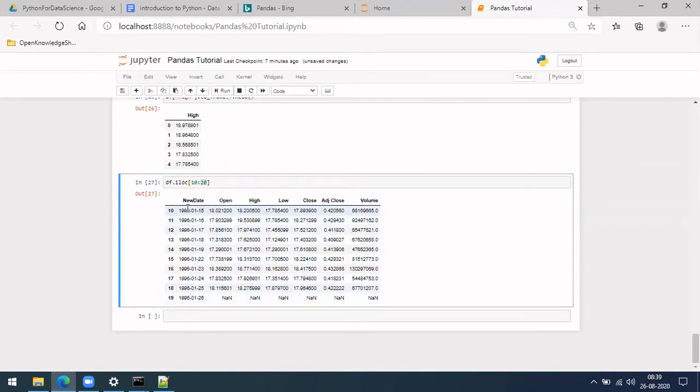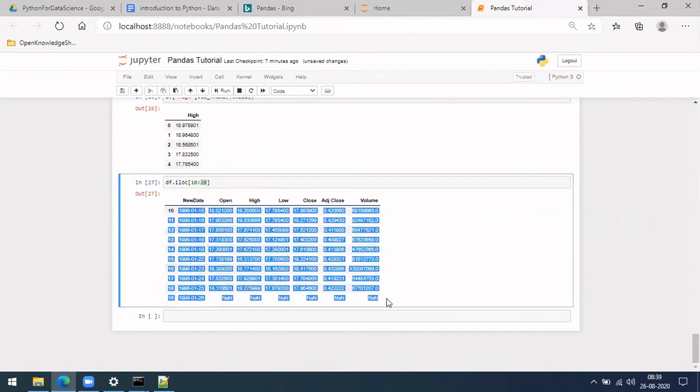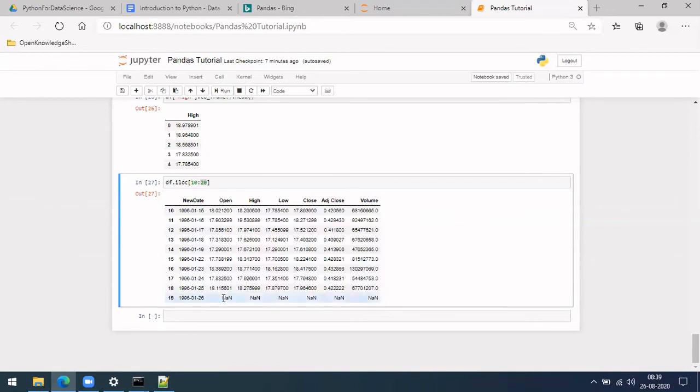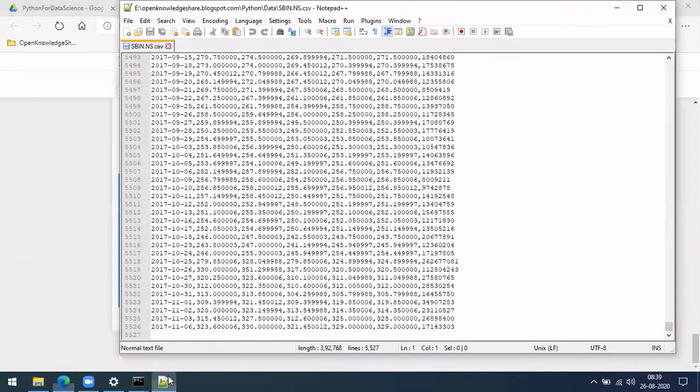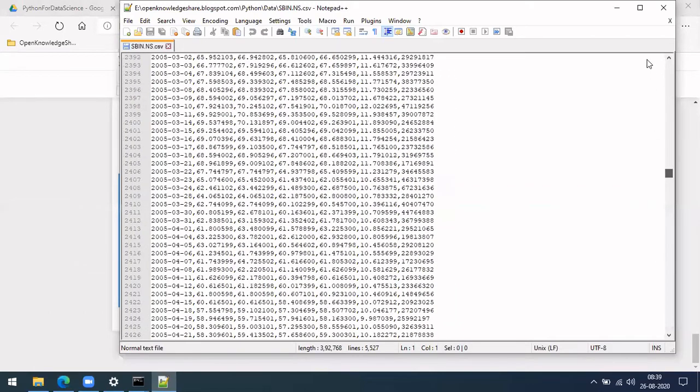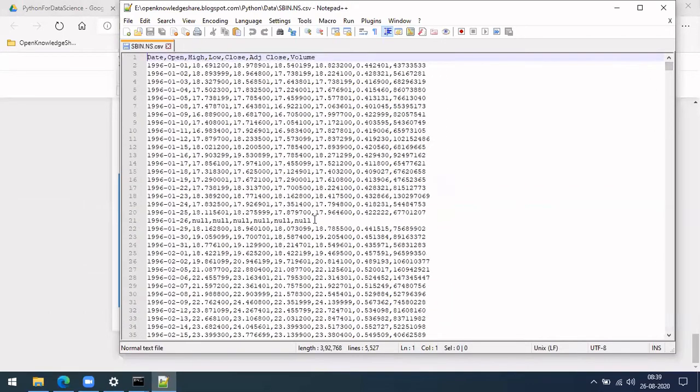If you see, these are the values. Luckily, this also shows something: you can see some NaN. You have numbers here and suddenly there is NaN. What does NaN mean? If you go to the CSV, it will be empty, null. I think if you open the CSV, it will be empty again.